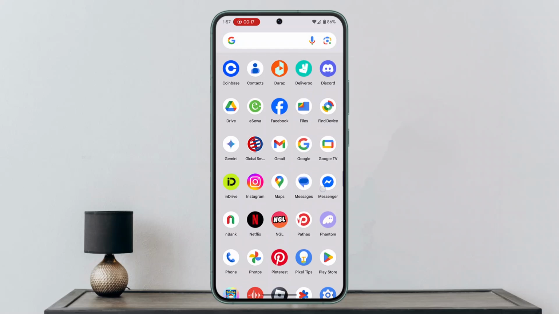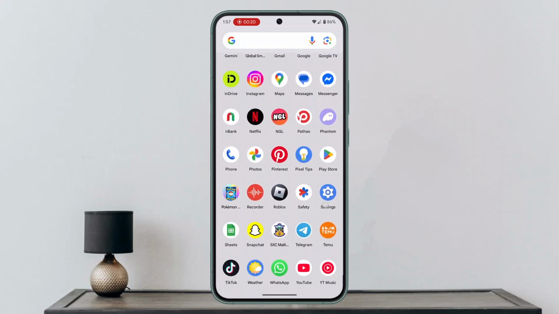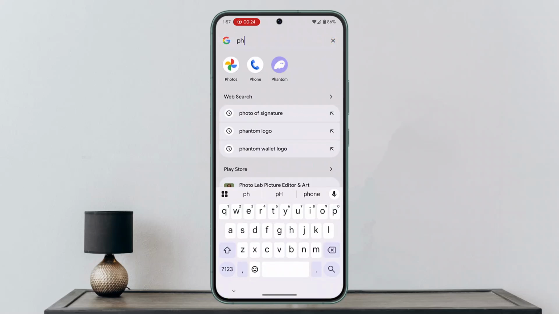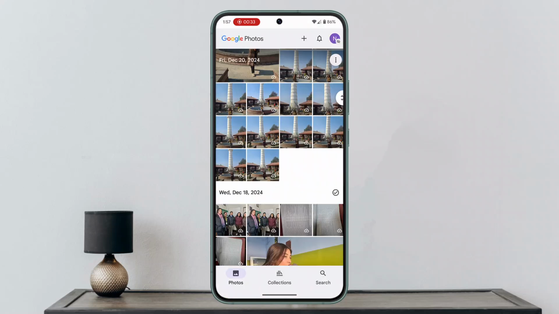Now first of all, what I'm going to do is open up my Google Photos. First thing, you want to make sure that you've already installed it. So here it is. After which, in order to download it, I'm just gonna